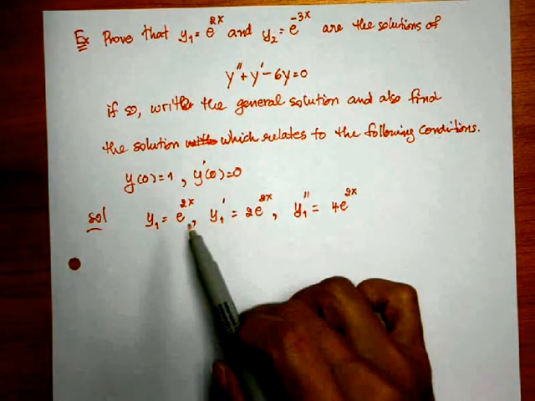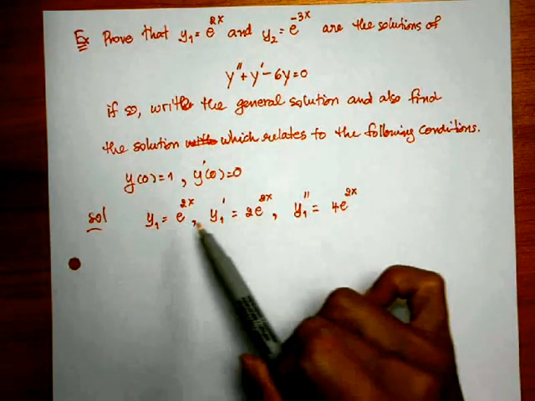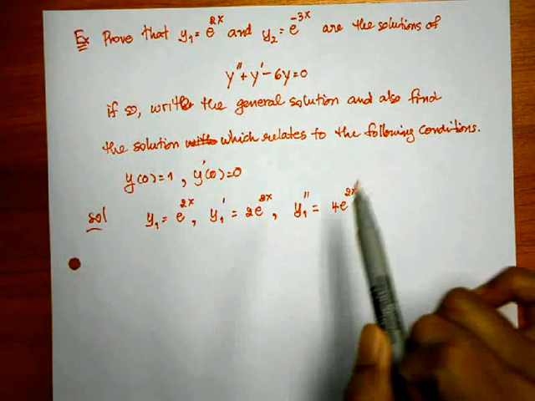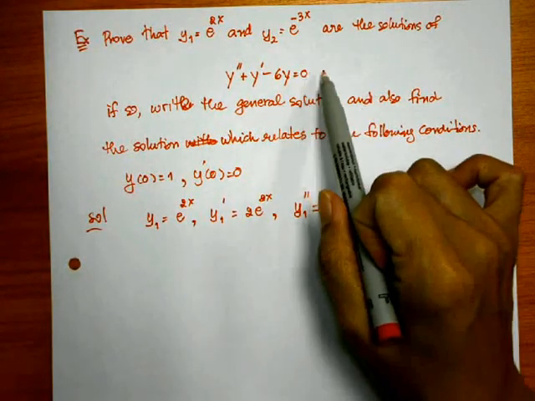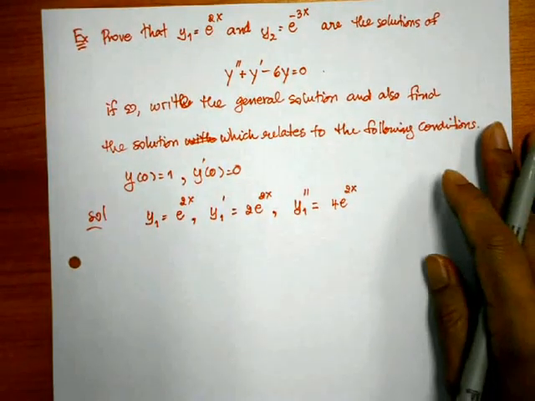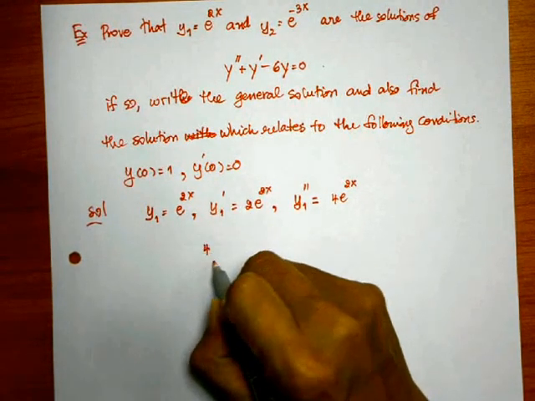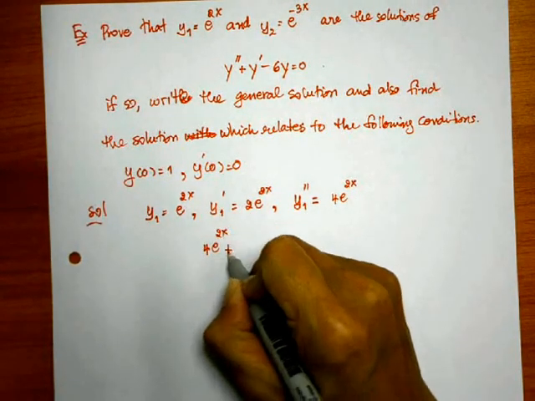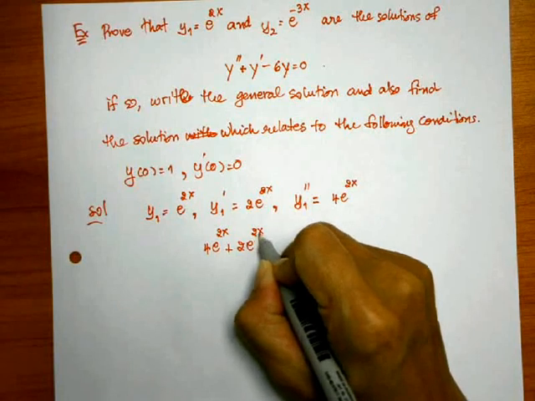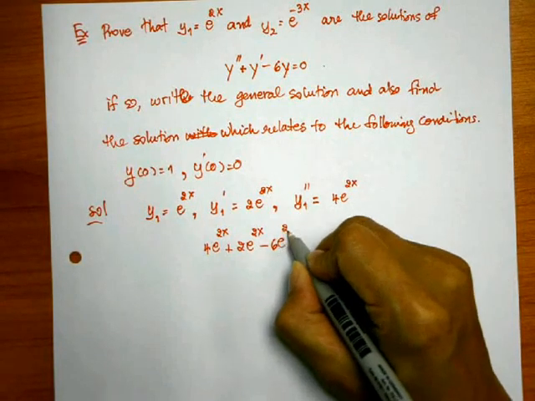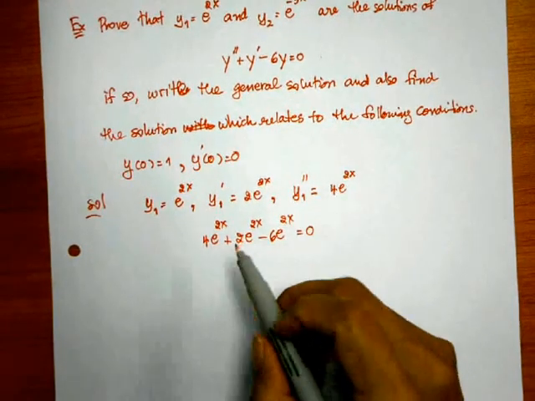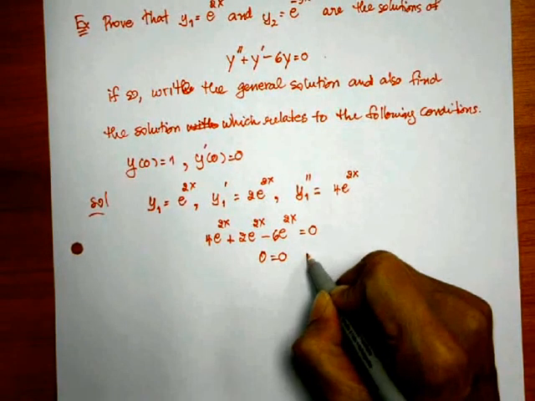After you get this, you plug y1 and its derivatives into our differential equation. You will get zero, which is equal to 0, right? So that means